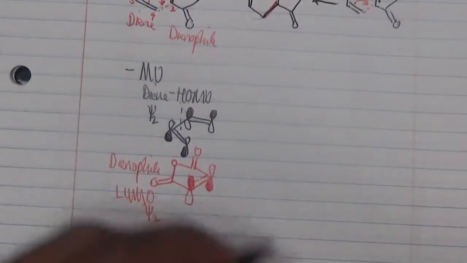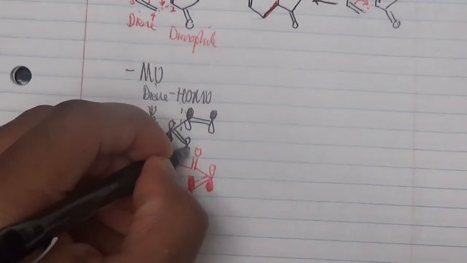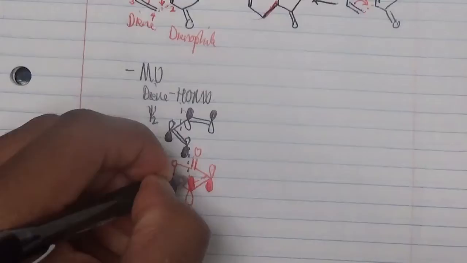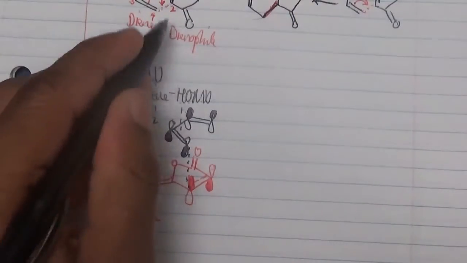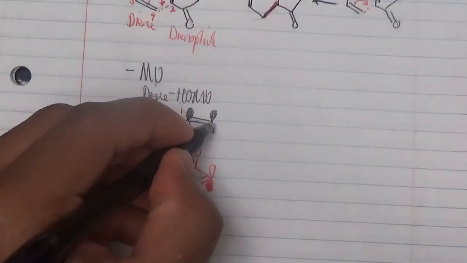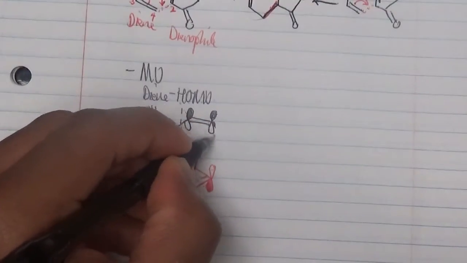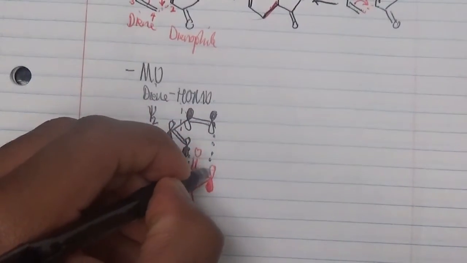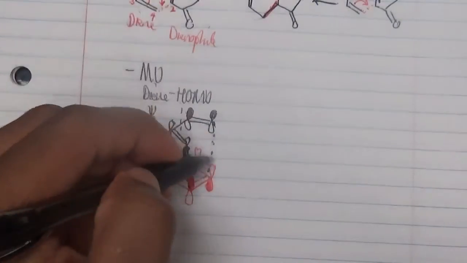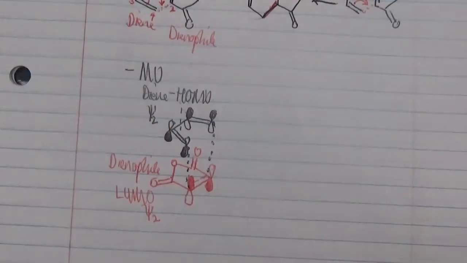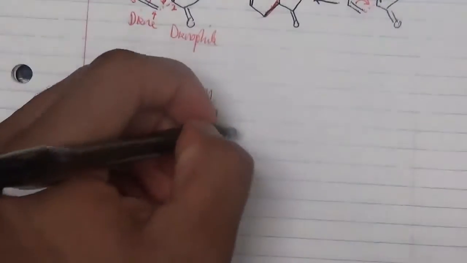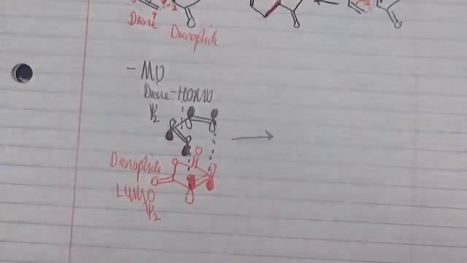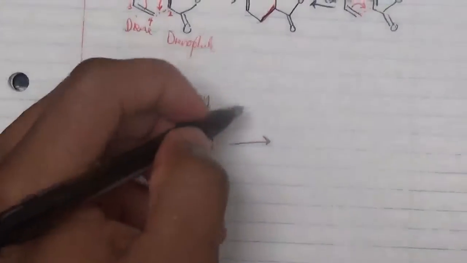Therefore, this will lead to the formation of a sigma bond over here between carbon 4, which you have over here, and carbon 2 over there, and carbon 1 over here. So once you have this overlap, then you will actually facilitate the formation of a product